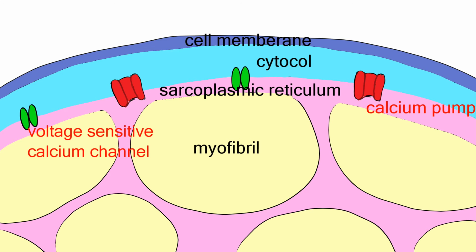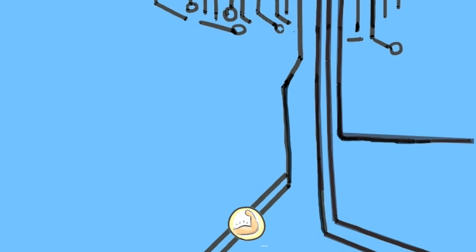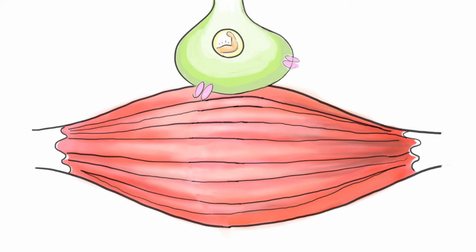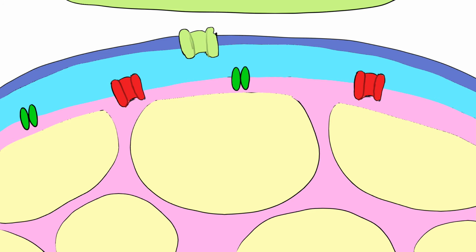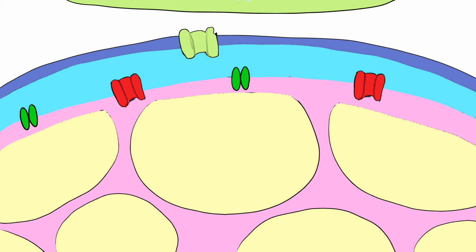And it's also studded with calcium channels that are linked to voltage-sensitive proteins on the membrane of the muscle cells. Say, if I want to move my arm, my brain sends an action potential along the motor neuron into the synapse with the muscle cells in my arm. The receptors on that muscle cell are ligand-gated sodium channels. So when the motor neuron releases our old friend acetylcholine into the synapse, the channels open up and create a